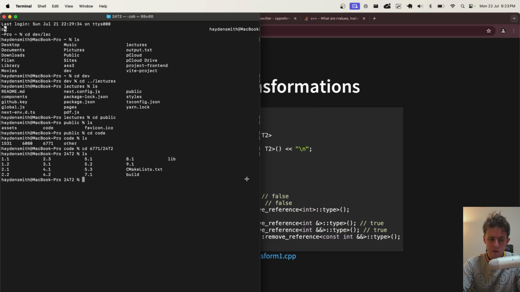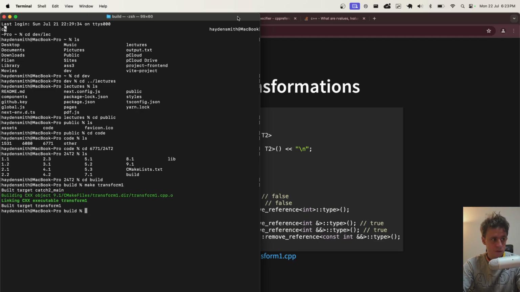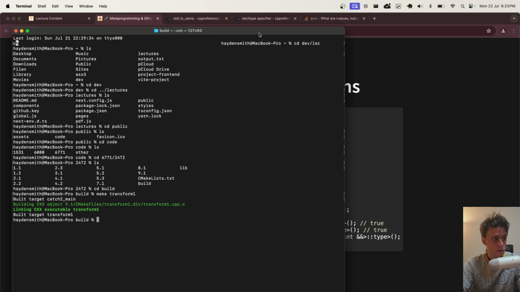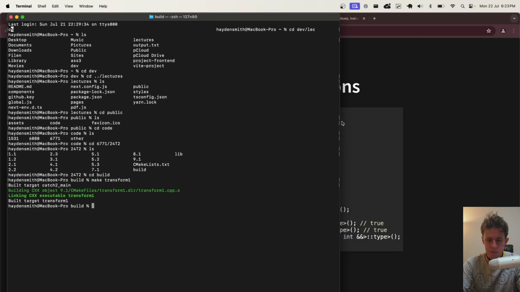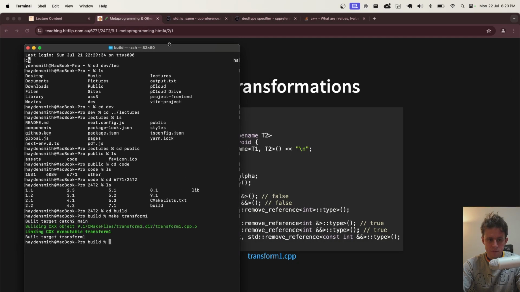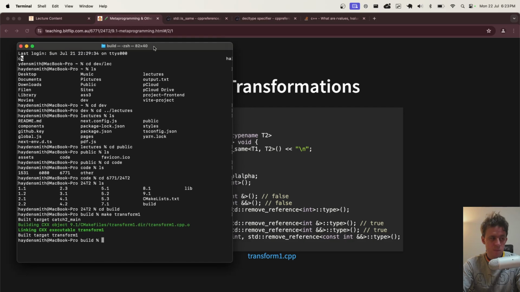If we have a look at our code here and I go into the build folder and I make transform 1, I just need to make this terminal slightly smaller. Yeah, sorry, I will come back to decltype. There was a bit of a conversation earlier about whether we should even talk about it much, so I probably glossed over it quickly, because we've kind of ummed about decltype for a few terms, but I will come back to that at the end. This stuff is still relatively important here with the type transformations.